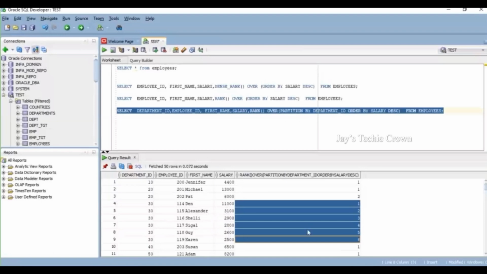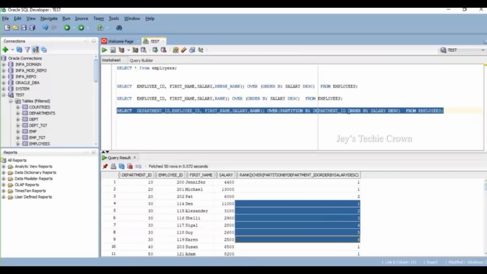So now we can see I have created multiple segments, and within the segments I want to sort and see who has got the highest salary within the segment. The segment is called a partition, so I partition by department ID. This is one of the most common interview questions that you will be facing. How will you find the highest salary within a specific area, or within a particular group, or within a particular segment in a whole table? Then you have to go ahead with partition by.